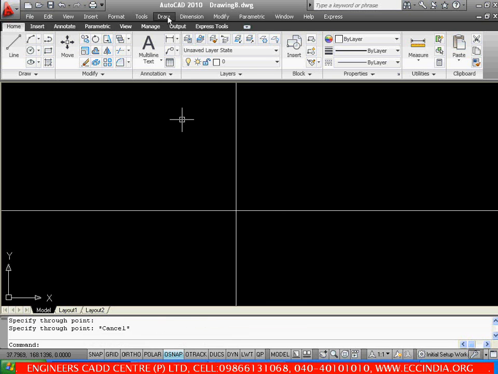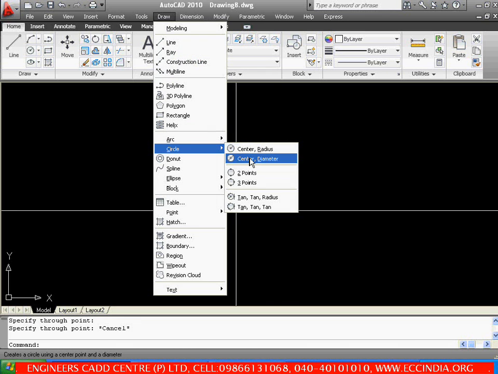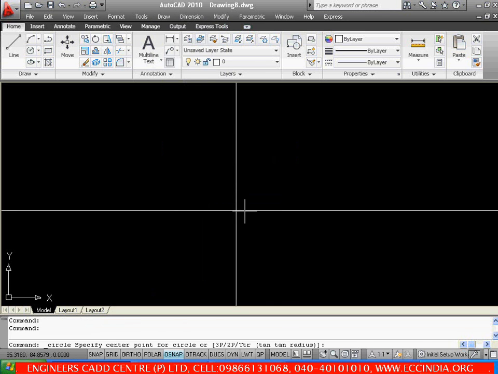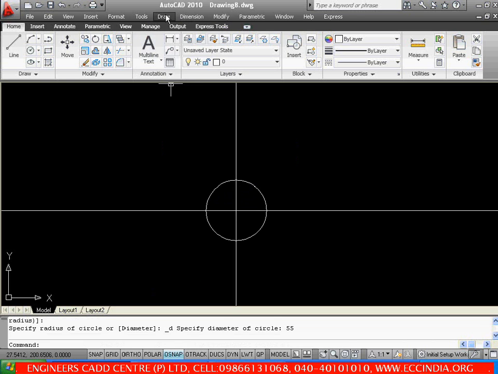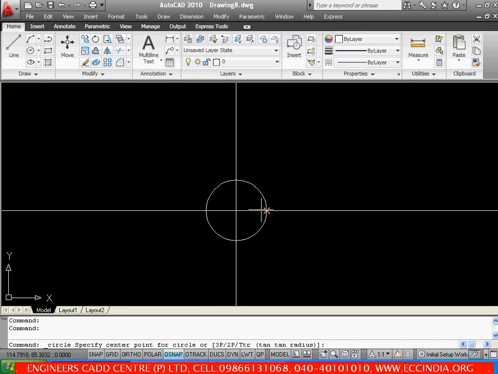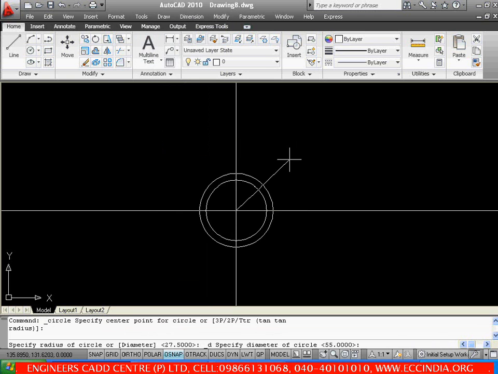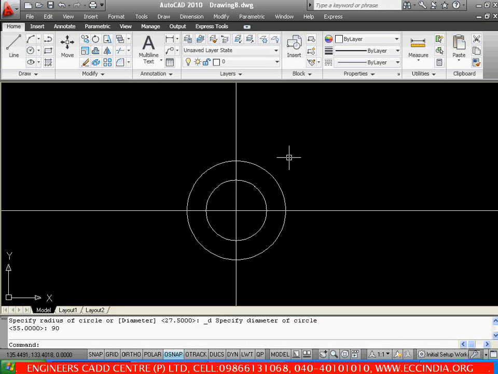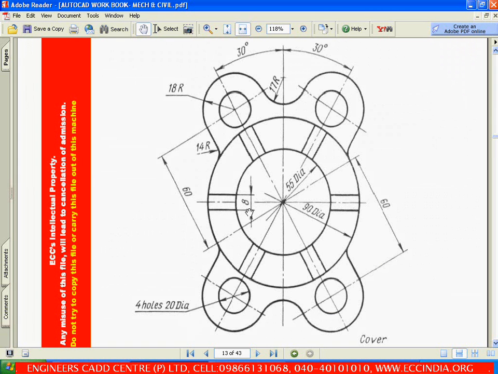Now go with draw, circle, center diameter, pick the center, and the diameter of the inner circle is 55, so give the input as 55. Then again draw, circle, center diameter, pick the center, and the diameter of the outer circle is 90. And after completing these two circles, next let us see how to take two lines which we need, and these